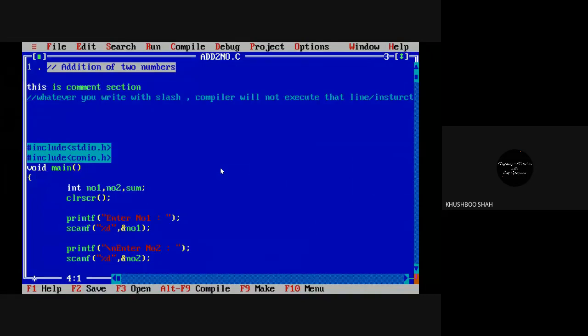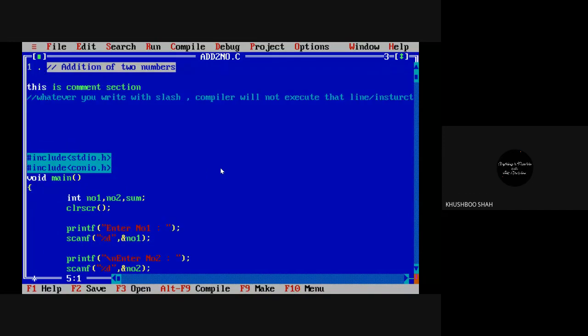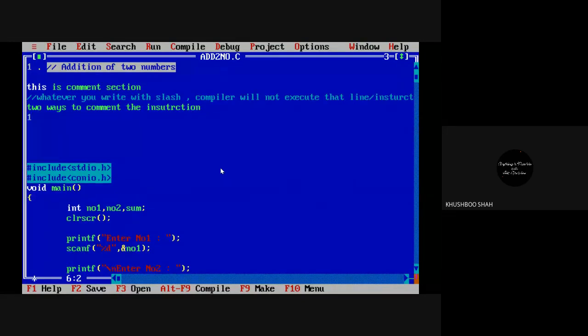So normally we use the two slash, or a comment, just to put the idea or the detail or the explanation of the particular line. There are two ways to comment the instruction.